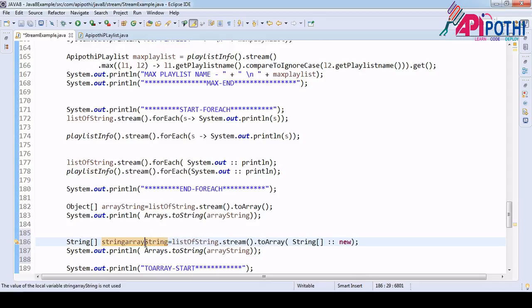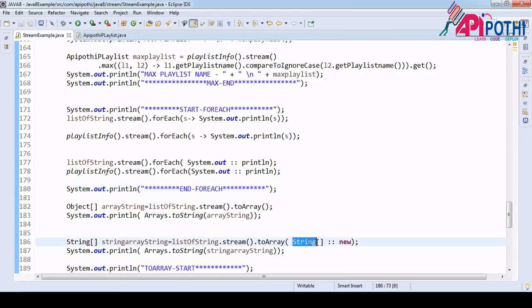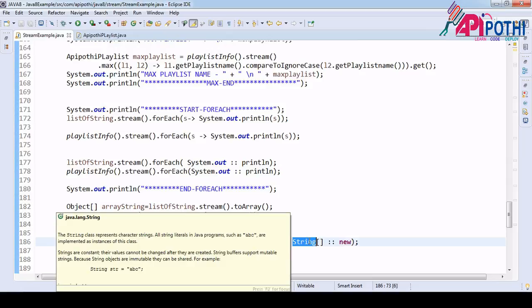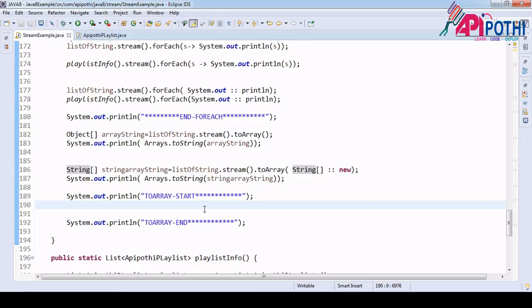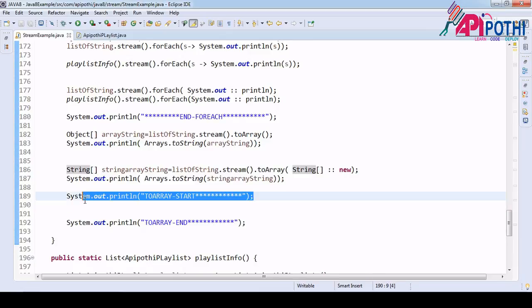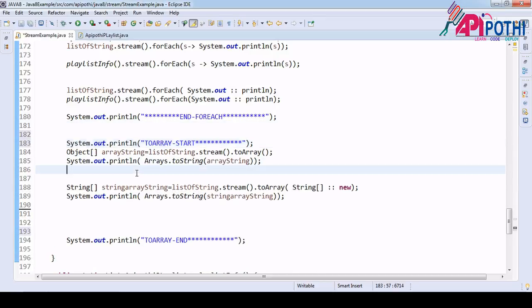Copy this one, paste here. Right click, run as Java application. If you see here, we are able to print the same. For integer, you can have the integer, that's all. So we understood toArray start, toArray end, where start, where end.